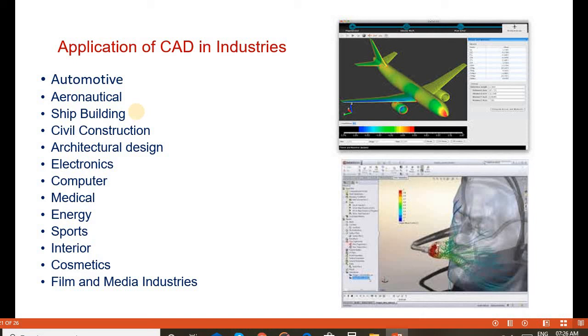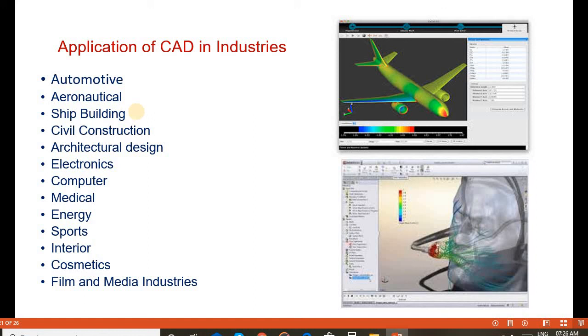And interior design is excellent, and aesthetics, structures and appearance are produced by CAD systems. And various cosmetic products used by customers and consumers in day-to-day life, the CAD system is also involved in designing them.